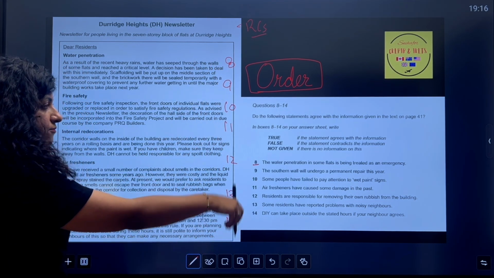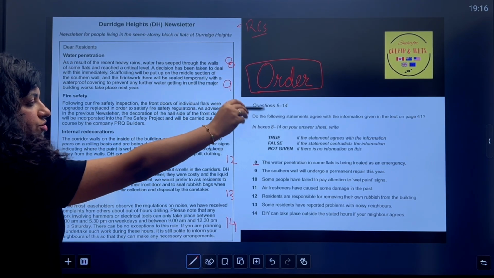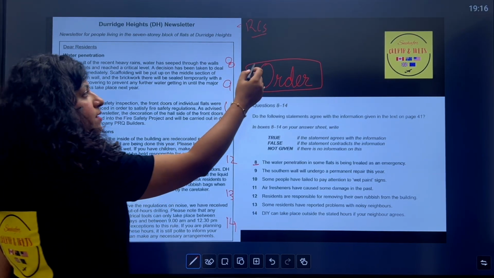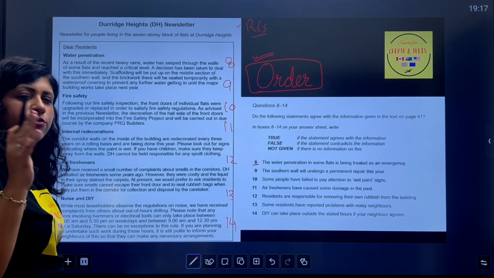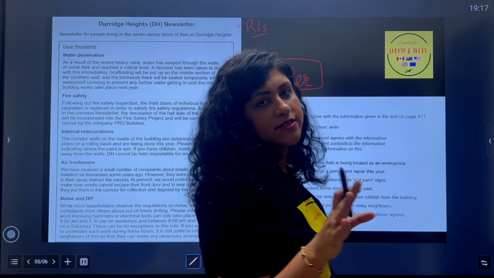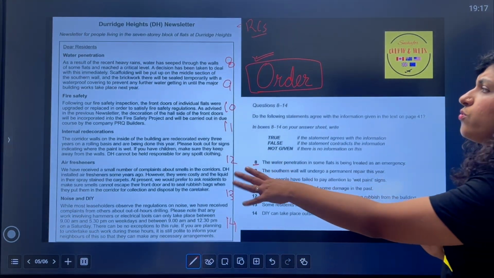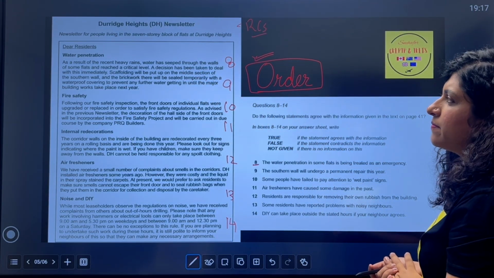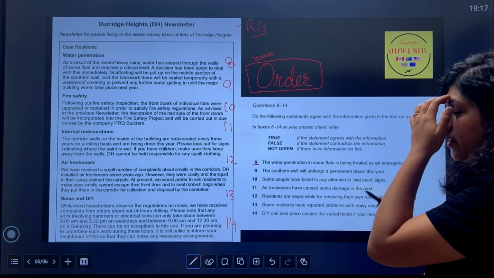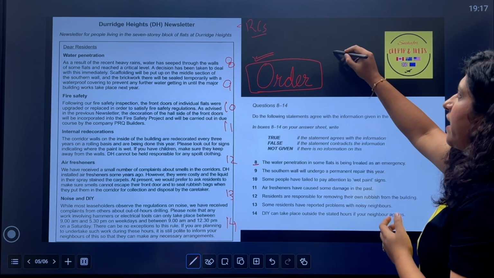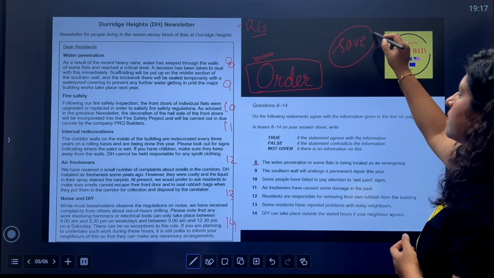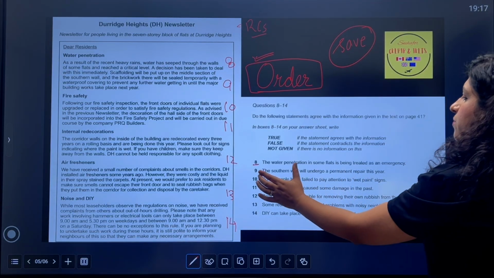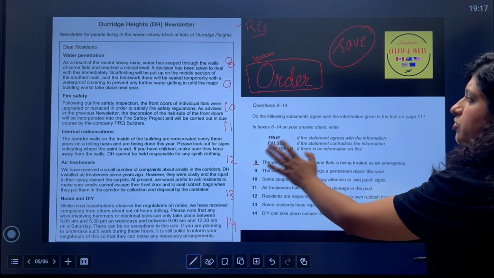So the order of the information of the questions is going to be the same as the order of information given in the text. And it's going to be followed in almost 95 to 99% of your questions in IELTS. Now, how do we use this hack that we have in hand? We actually save our time using this hack. So what you have to do is, let's say you got your information for question number 8